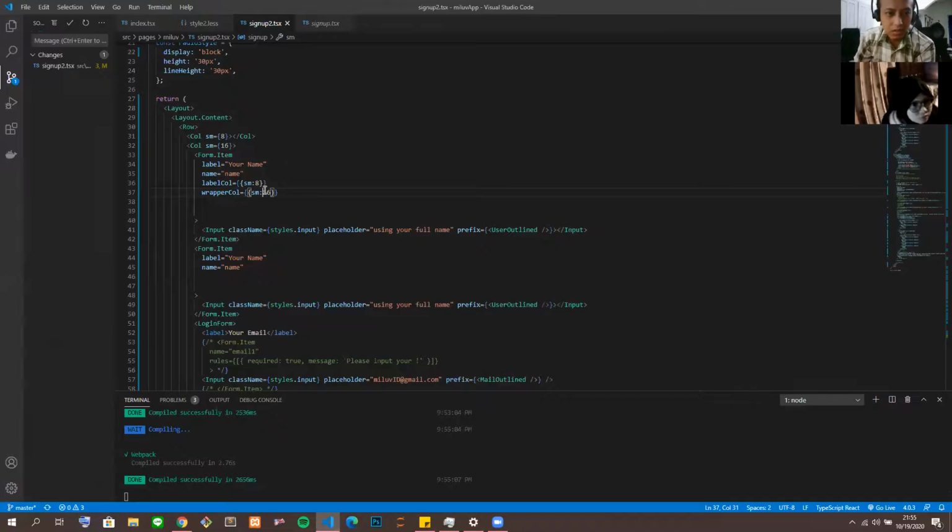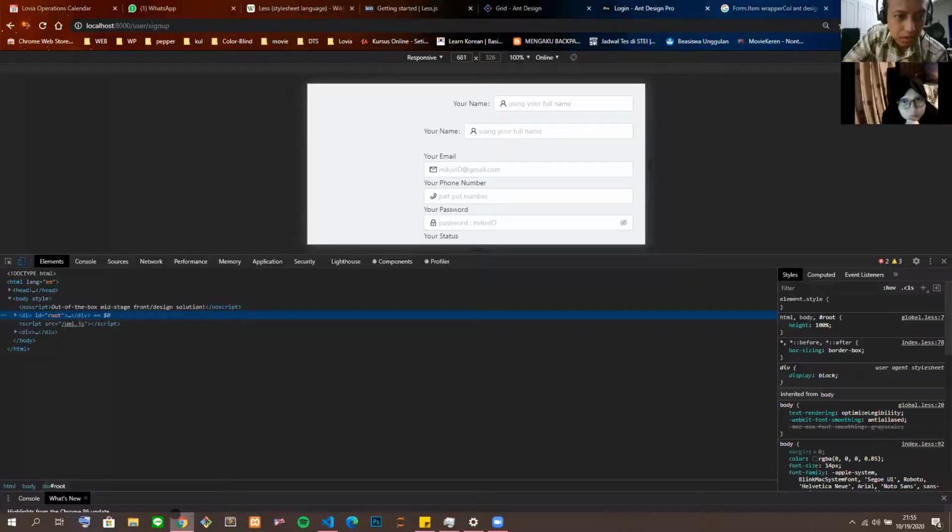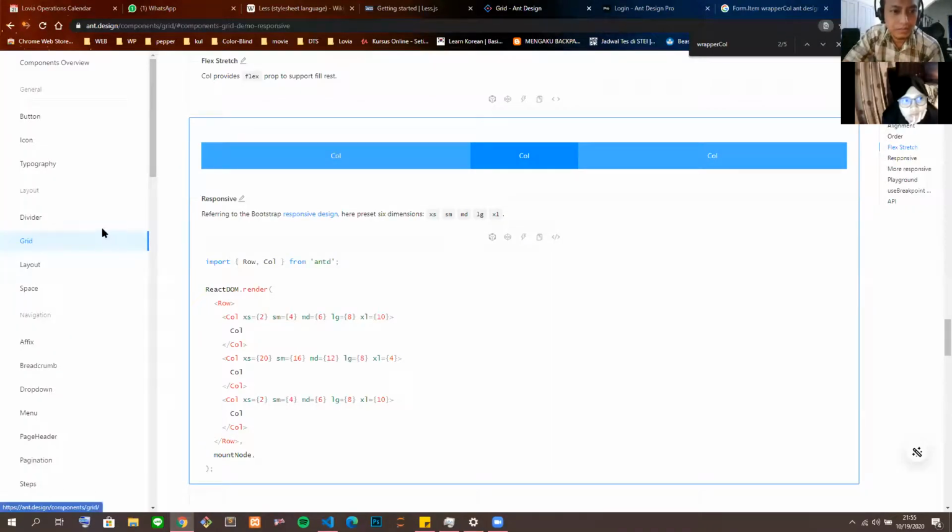It is aligned to the right. Yeah, I think there is a label align. Can you check? You add another property there. I think it's label align in the form item. So if you want to put the label to the left in form,